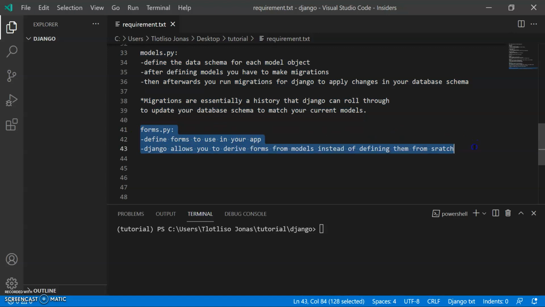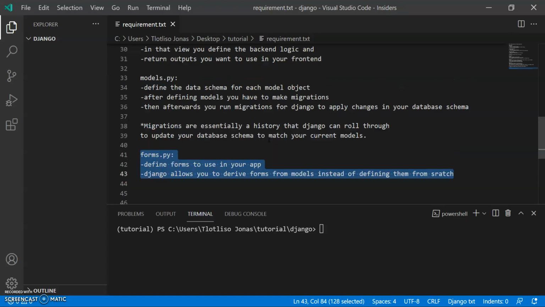We also have this file called forms.py. If your application uses forms, you require users to fill in forms to collect data. So you can create a file called forms.py. Django doesn't create it for you by default. And then you define the forms that you are going to use in your application.